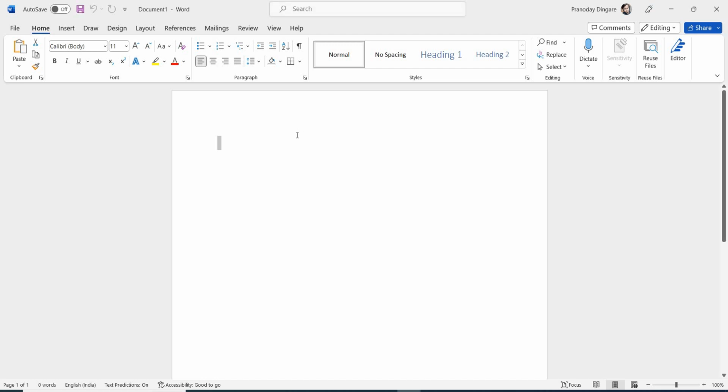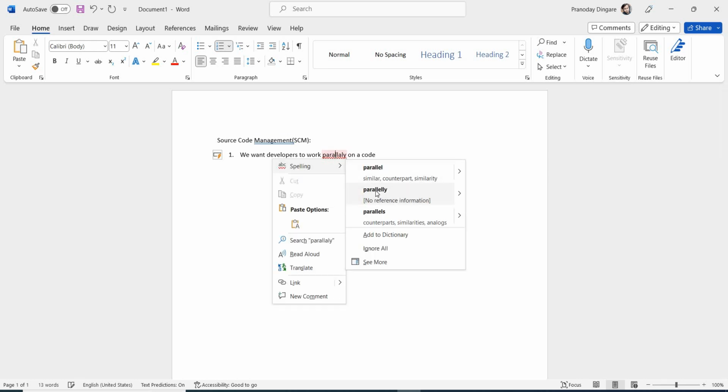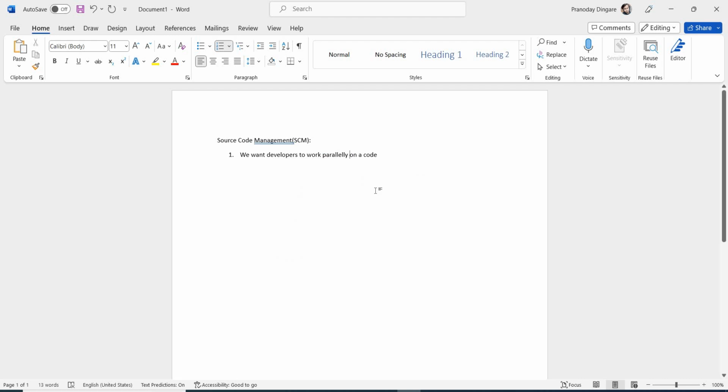Okay, so today we are going to talk about source code management, which is called SCM. What is SCM? We want developers to work parallelly on a code. When the development happens, different developers work parallelly on the development of the functionality, and